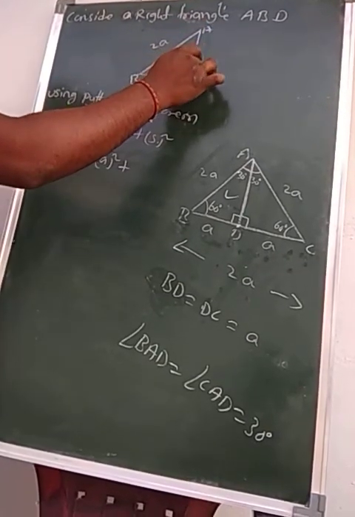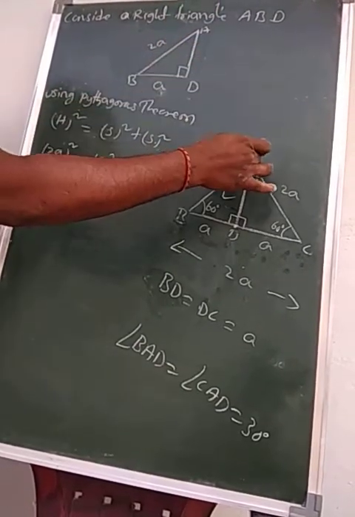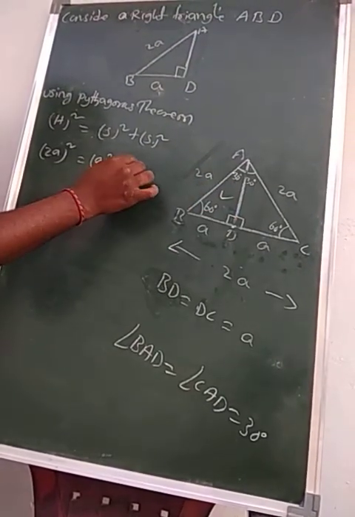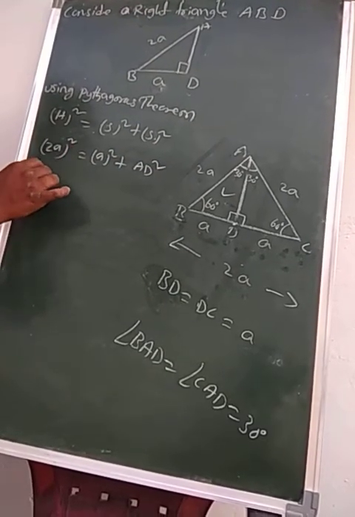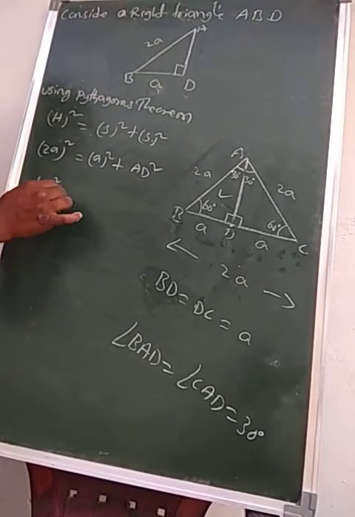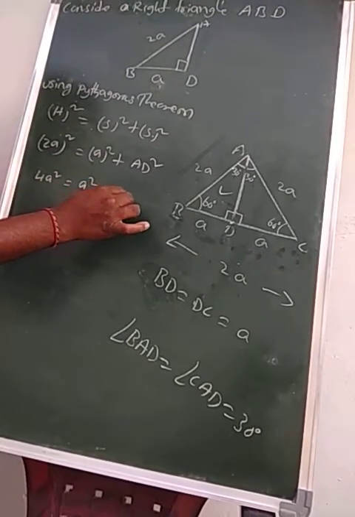AD is nothing but the height of an equilateral triangle. So AD whole square. Now 2A whole square means 4A square is equal to A square plus AD